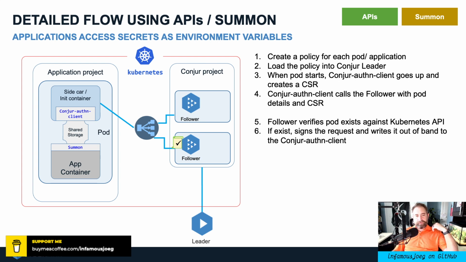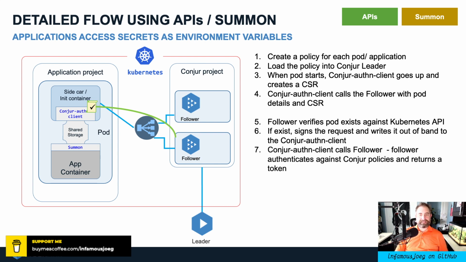It'll write that information out of band back to the sidecar container. So the sidecar container will receive it out of band, not flowing through an API, any load balancers or any network configuration that could write the certificate and private key to a log or something in plain text to where it can be grabbed by an attacker. But we're going to basically kubectl exec into that container and copy directly into that container the certificate and the private key, so that our Authenticator client has that information,